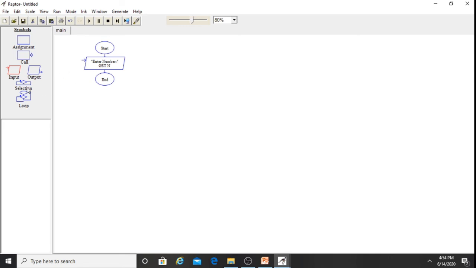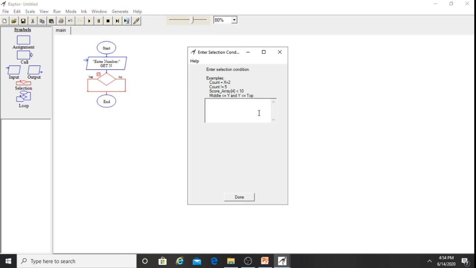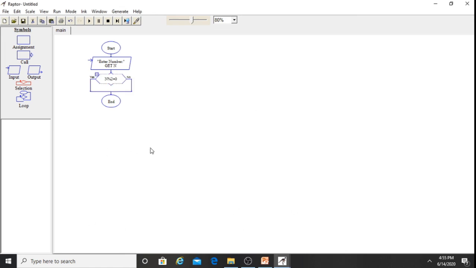Next we want to check whether the number is divisible by 2 or not. So we have to use a decision box. Drag and drop here. If the decision is yes, what to do? If the decision is no, what to do? Again right click, edit. N mod 2 equal to 0. Done.